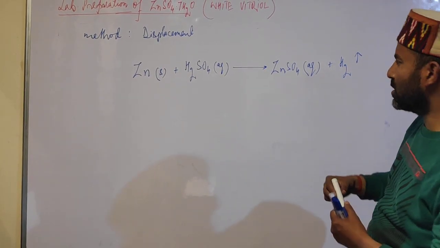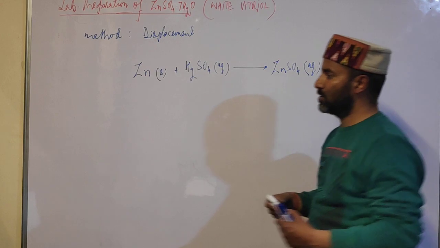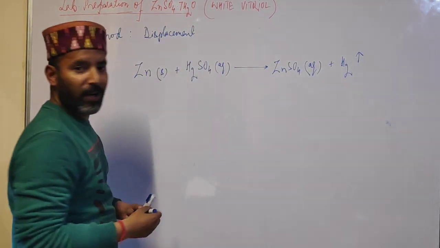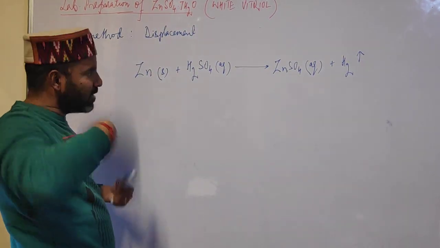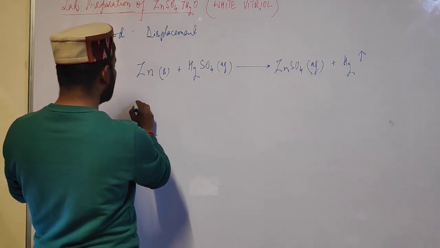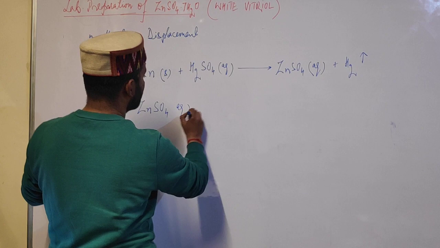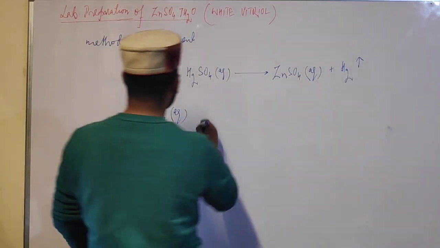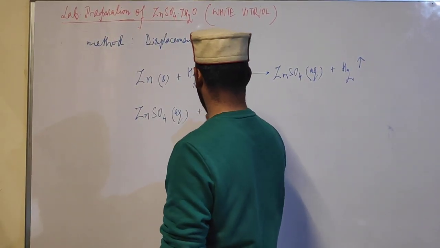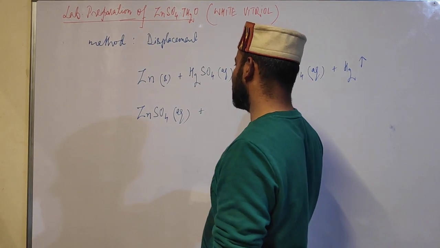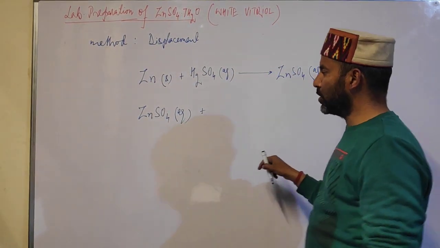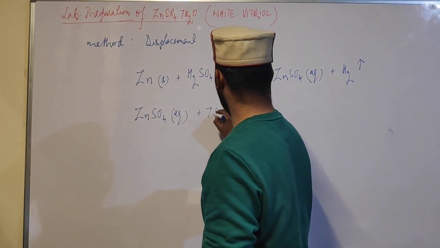So students, this is how we prepare zinc sulfate crystals. But students, since zinc sulfate is water soluble, how do we obtain zinc sulfate crystals? So what we do is that the solution of zinc sulfate is then crystallized. That means we heat this solution till crystallization point, and upon crystallization what happens is that